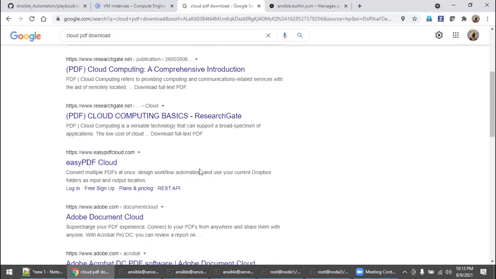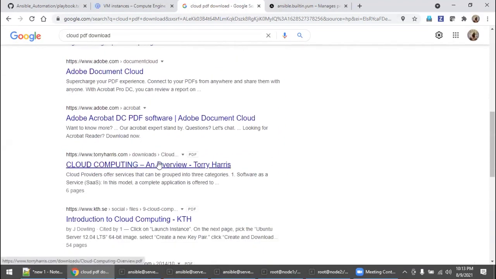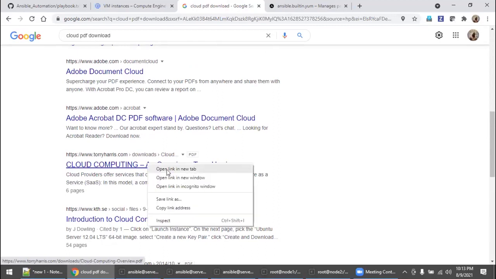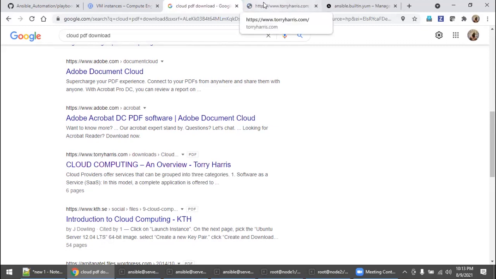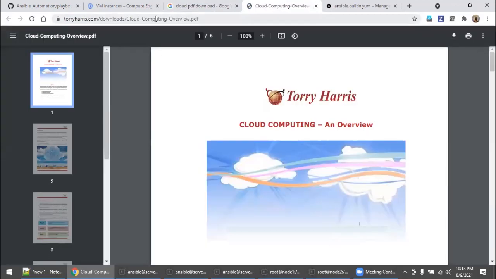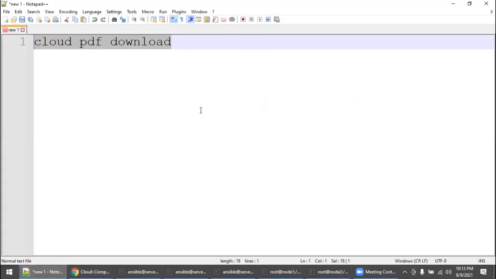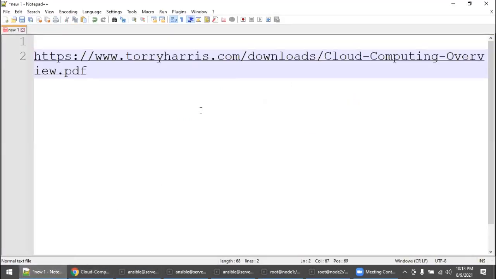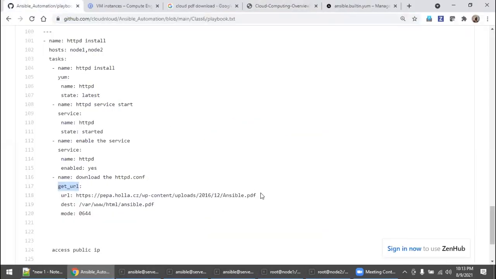You check some PDF links here, any PDF link. So example this, but if you open this in a new tab, it should open directly the file. That is the link you need to take, right? Copy this and give here. This is the URL. Similar URLs you need to use in this